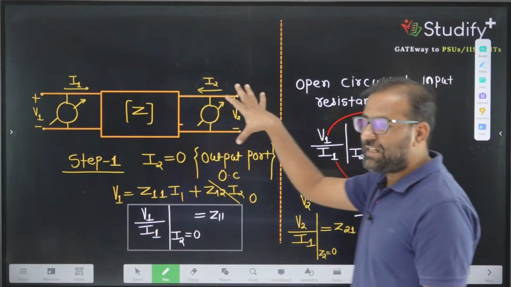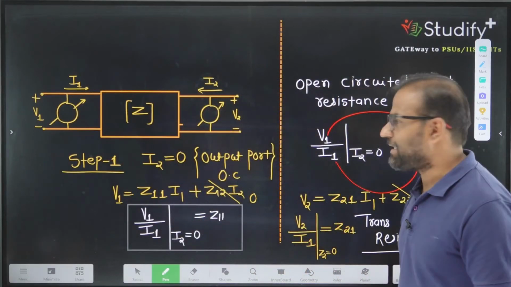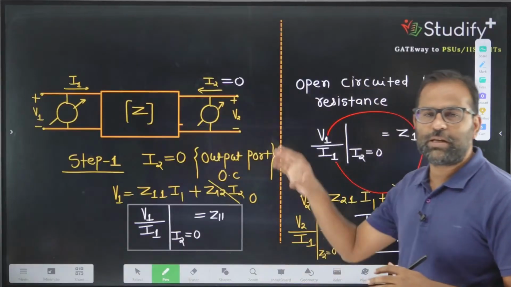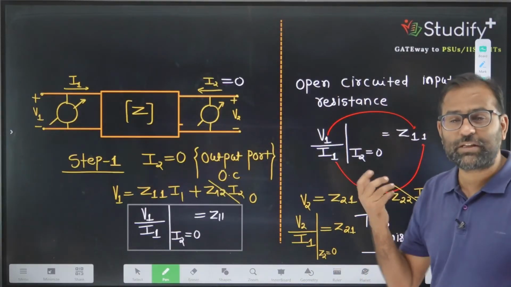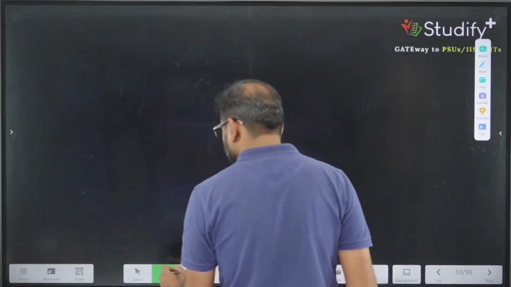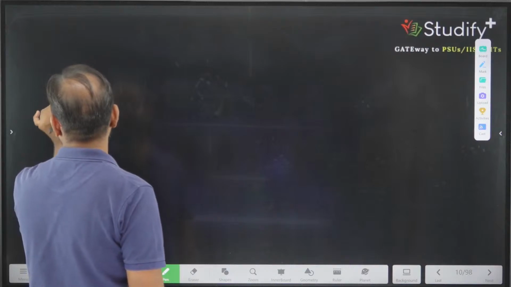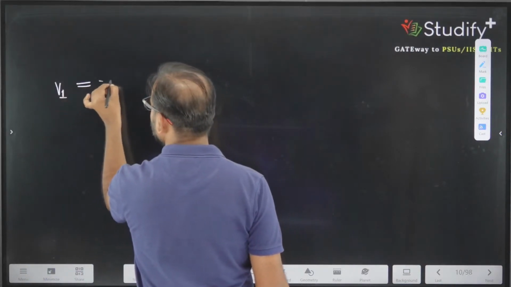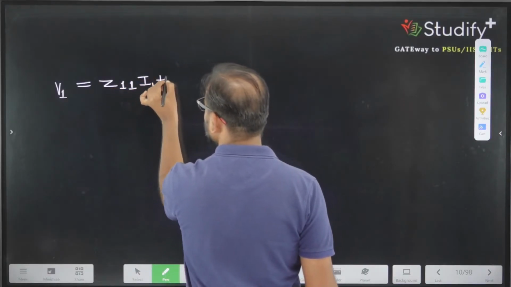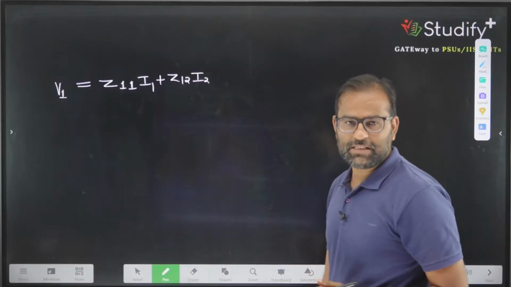And this is the analysis with respect to port 1, because port 2 is open circuited. It means in the first case we are taking I2 equal to 0. This is an independent variable, so you can make it 0 or 1 or 5 or 10, you can take anything. Now I can do the same analysis for the other port. We have two equations: V1 equal to Z11 I1 plus Z12 I2,